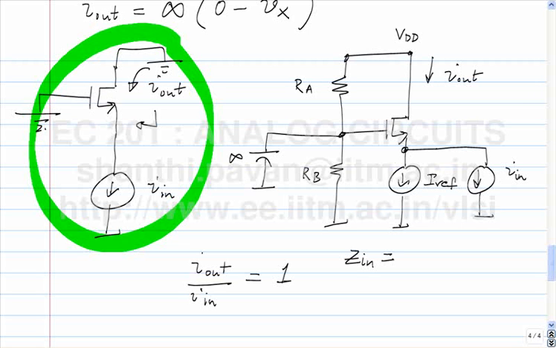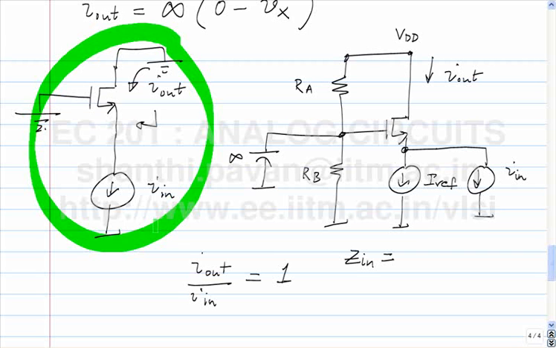Does this look familiar, people? This incremental diagram here, does it look familiar? I am doing the same thing over and over and over again, and I've been successful in conning you all into thinking they're all different. This is again the common drain, except that RL tends to infinity, the Vs is 0. In the common drain circuit, if you put Vs equal to 0 and RL tending to infinity, you basically get the same circuit diagram,